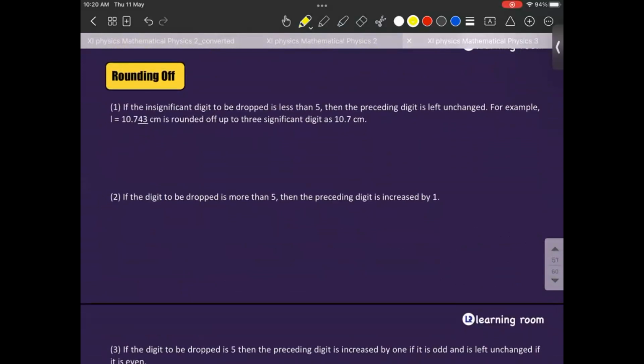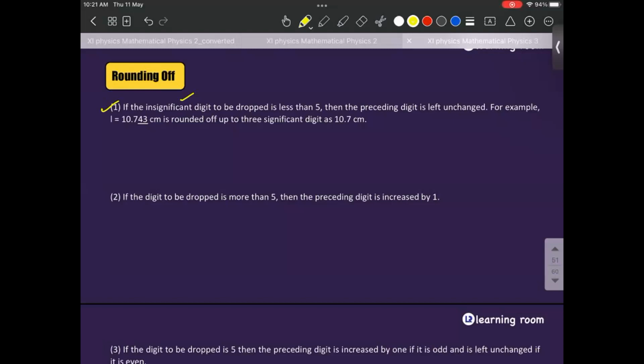So the next question is about rounding them off. There are certain instances where we will round off certain values when we report the final answer. So let's see what are the rules to be followed when we are rounding off. So what do you mean by rounding off? You're going to drop a number. The final digit you're going to drop, and based on the final number's value, you're going to make certain decisions. I told you, every significant figure has certain and uncertain values. If that uncertain number which you want to drop,